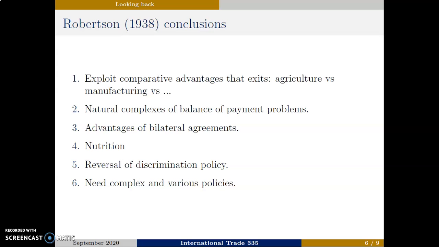He suggests that there are advantages of bilateral agreements. While this is certainly true, as you have seen in this course, trade has gone beyond bilateral trade agreements into multilateral trade agreements, regional trade agreements, and the Economic Union of Europe. As mentioned under the first point, he mentions the importance of nutrition for all people, and with the next point, I believe we still fall short of nutrition for all.